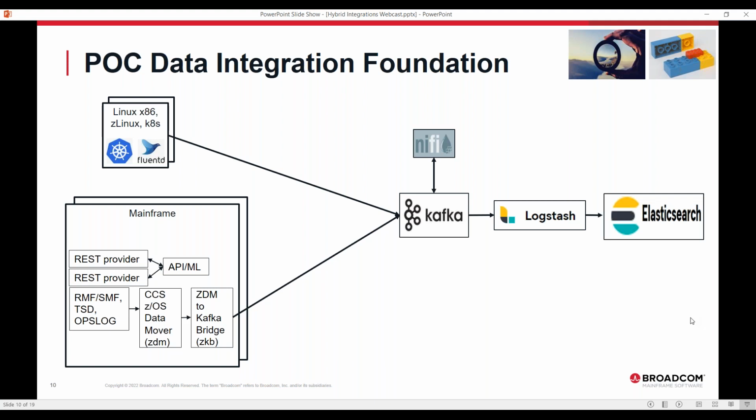So over on the mainframe, we've actually invested a ton in API enabling our products. Many of our products now are providers of REST endpoints, right? So we can go through the API mediation layer or direct, and invoke those endpoints to perform various functions, monitoring, management, whatever it is.